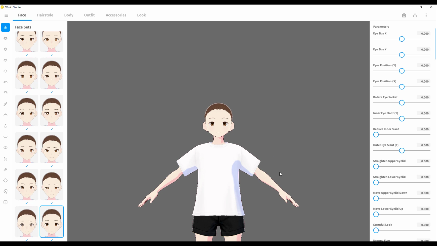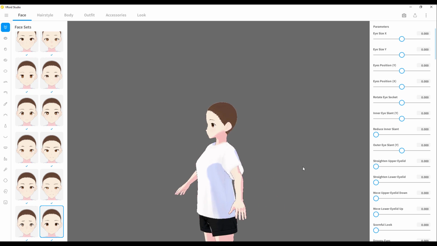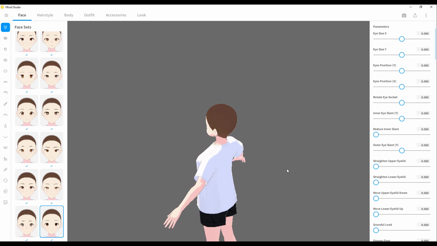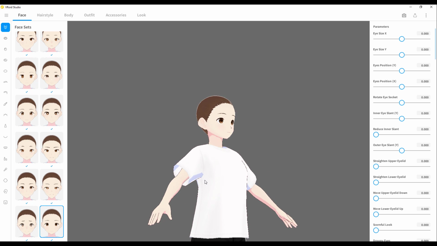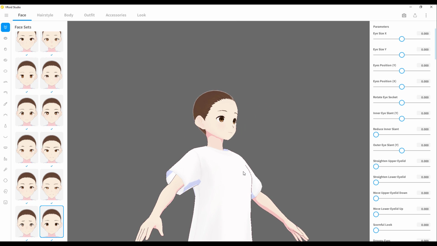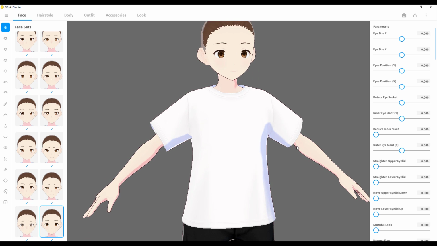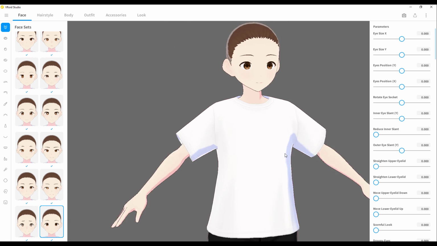Now, how you navigate within this is quite simple. With your right mouse button, if you click and hold down and move this left and right, you can simply orbit around the model. You can zoom by rolling the mouse wheel in, and if you hold down shift on your keyboard, with the left mouse button, you can pan. All right, so it's pretty interesting.